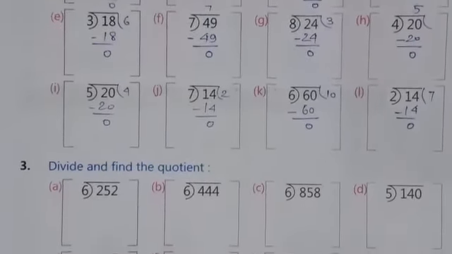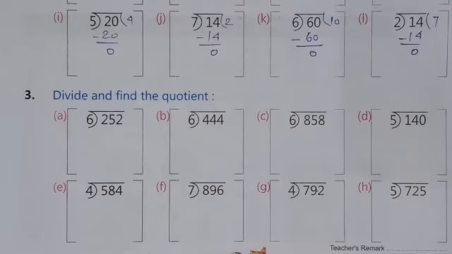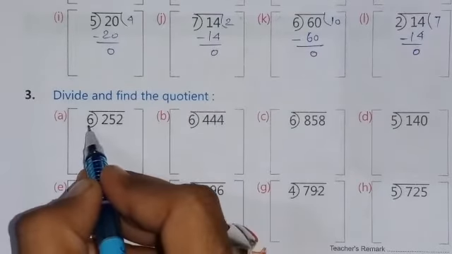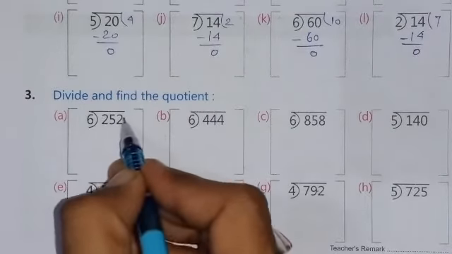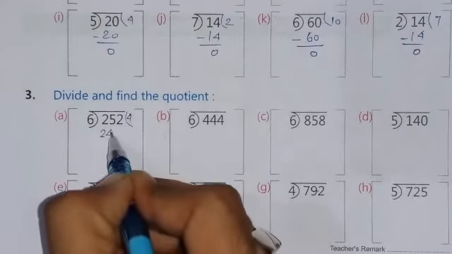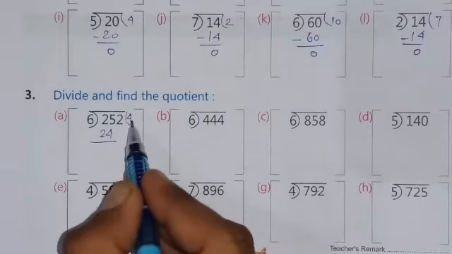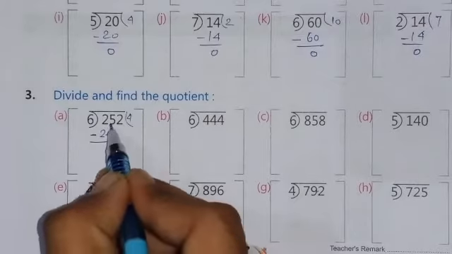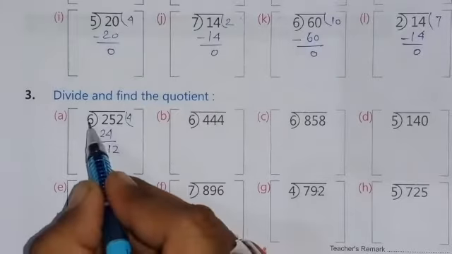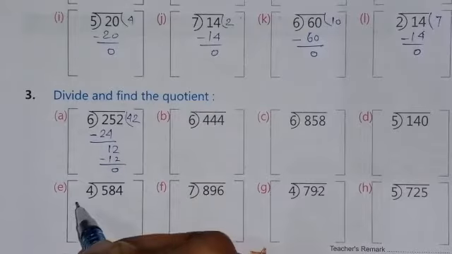Continue to the next question. Question number 2nd is given, that divide and find the quotient. So the same type of question is repeating again. We have to divide 252 by 6. So in the table of 6, first we will take the 2 numbers, 25. As you all know that 6 4s are 24. 25 doesn't come, so the number less than 25 will be 24. 6 4s are 24. On subtracting you will get 1. Now you have to write down 2 here. Now in the table of 6, 12 comes 2 times. And now 12 minus 12, 0.